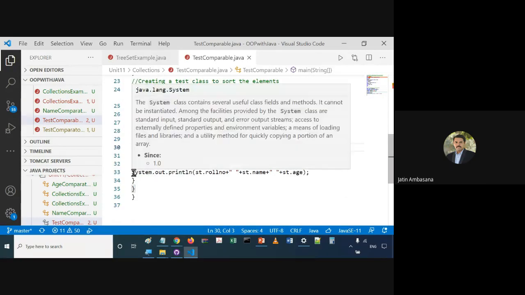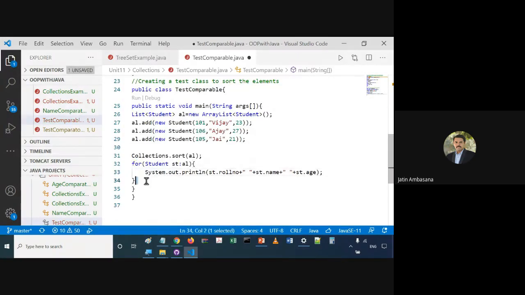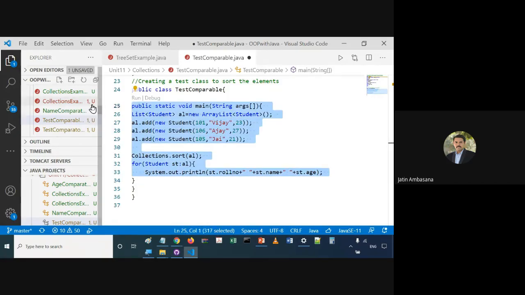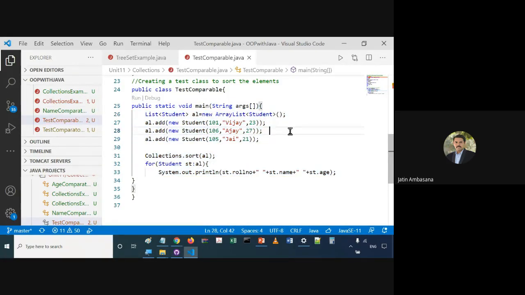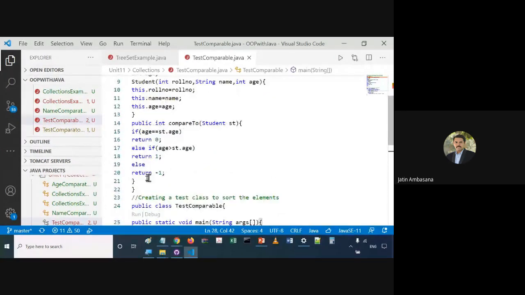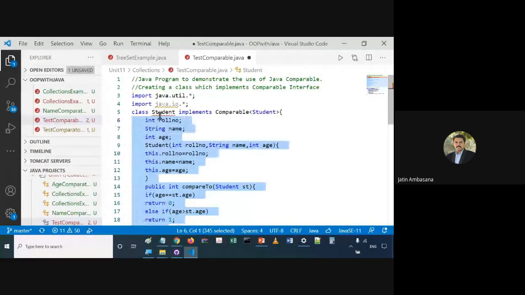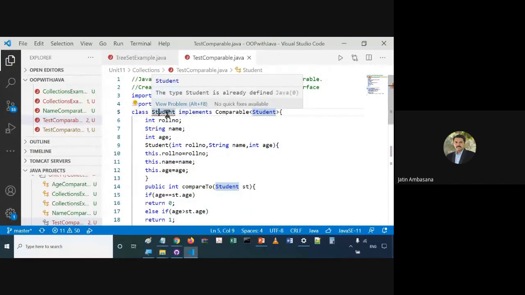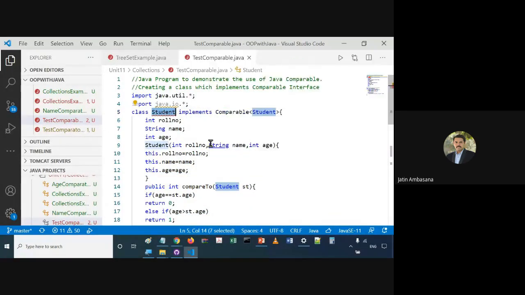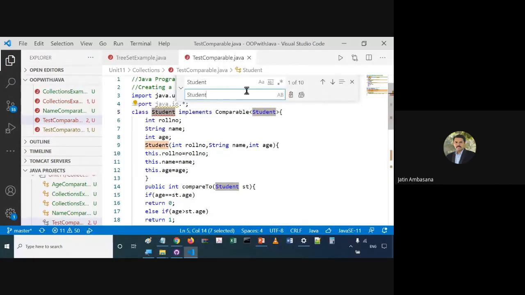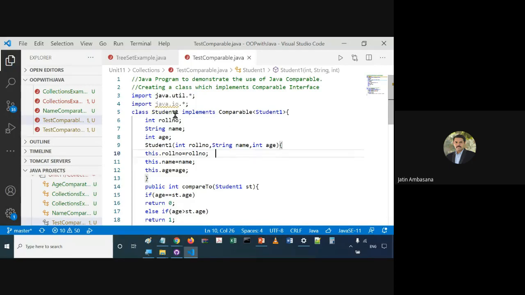Let us rename it Student1. So we have a Student1 class which implements Comparable of Student1, which means it can compare any object of the same type.